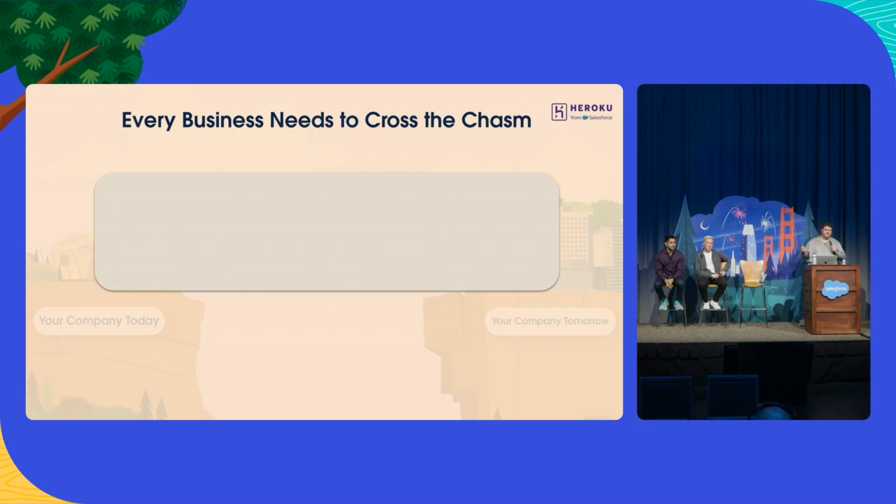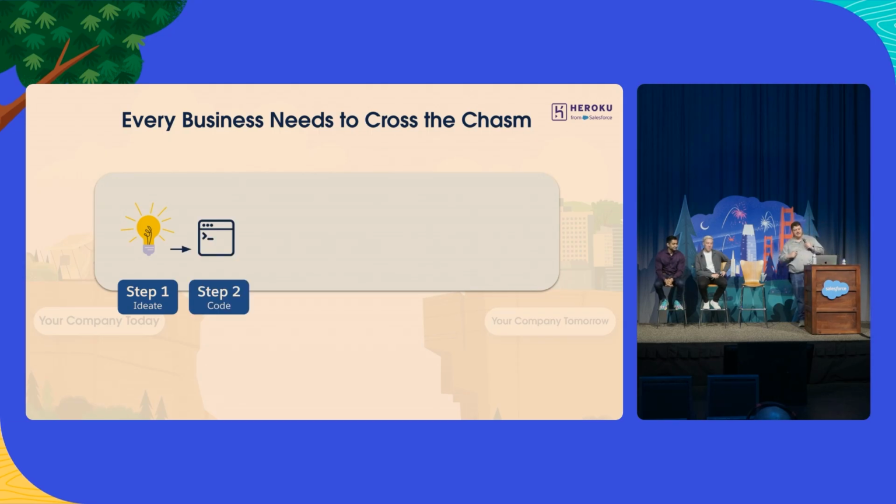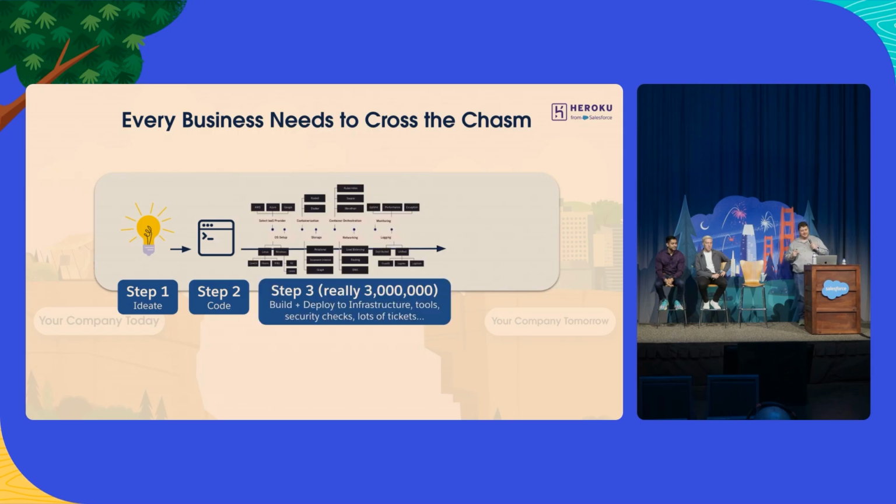Because as you all know, building apps is not quite as easy as it would seem on TV. You start with an idea, and that part, not so hard. The reason the idea guy is a meme among every developer group. Then you code it up, getting harder, but getting a working app we have workshops. You can do it in a couple hours, depending on the complexity. This is not generally the hard part, depending on what you're doing. The hard part comes when you start to try and take that to production, and you start getting into step 3. And especially if you're an enterprise, you have to start making decisions about the platform you're going to host